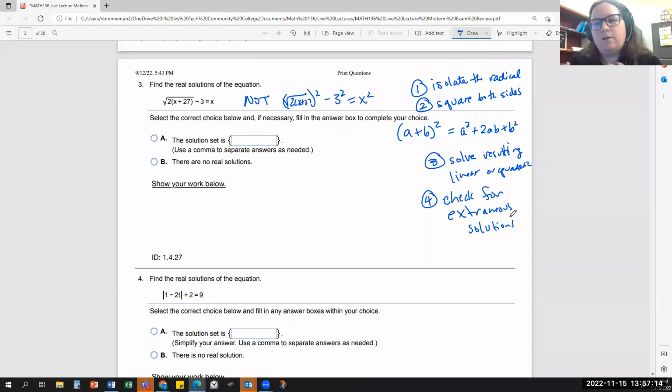So extraneous solutions are solutions where you did correct algebra and got the answers, but what happens when you square both sides is you're really introducing a second side that isn't really there. Graph-wise, a square root looks like this, and you have that other half that isn't there. If I'm looking at where that intersects with a straight line, for example, we have this point here, the extraneous solution would be where that line intersects the bottom half that isn't there. So that's what you're checking for with the extraneous solutions.